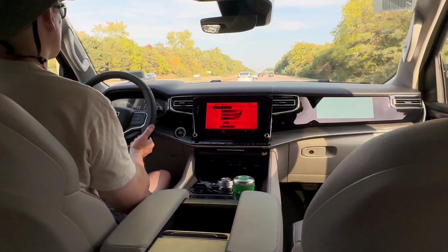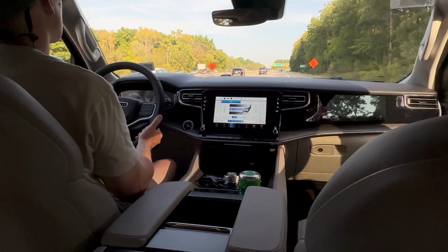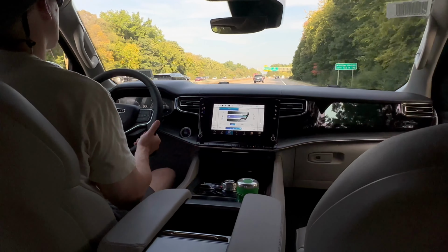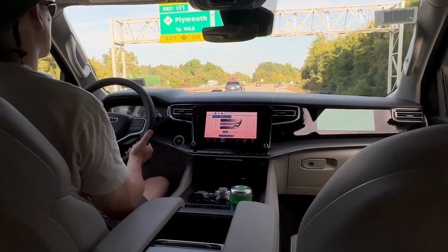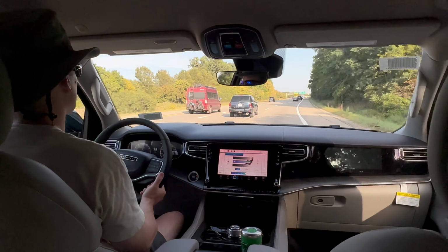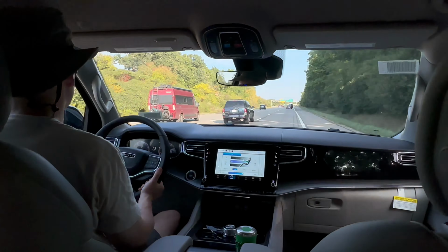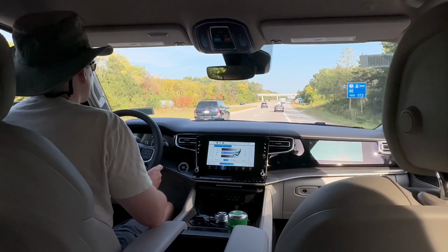Now, this is the L version, so you have a little bit of extra power that the normal Wagoneer would not have. There's a little bit of an acceleration clip, not really, but passing power, the amount of torque it has is really good. I'm happy that it has this much torque if you just need to get a rolling start, which probably happens a lot. You don't usually need to get a start from a dead stop. So most people need the rolling start. I will be doing a transmission test later in the video, but for now I'll do the